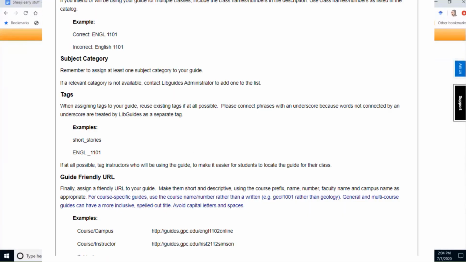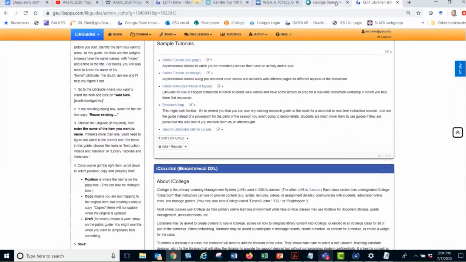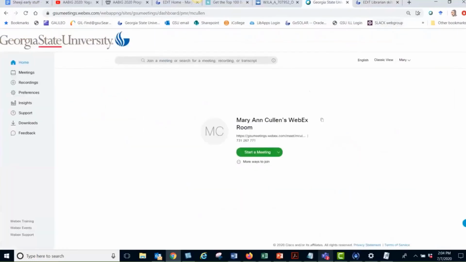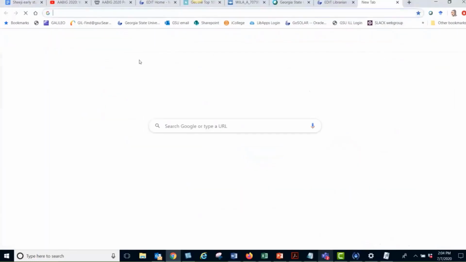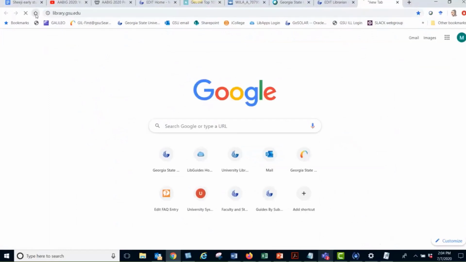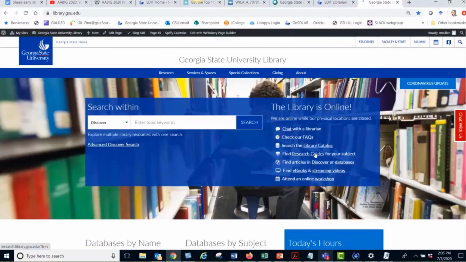And then the name of the guide should also be like ENGL space 1101 Harrison. Because the reason this makes a difference is when you go to the LibGuides menu,